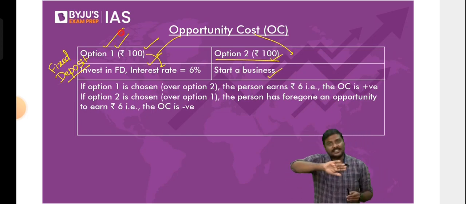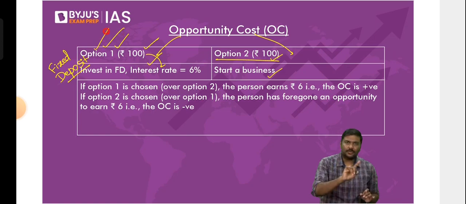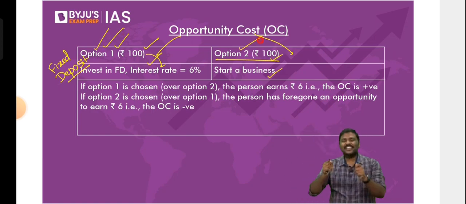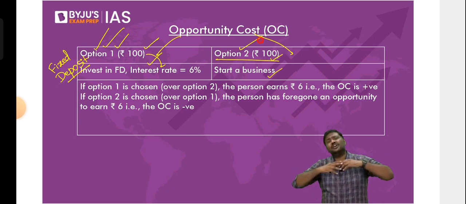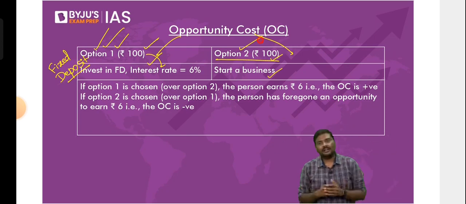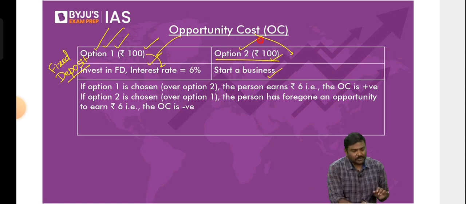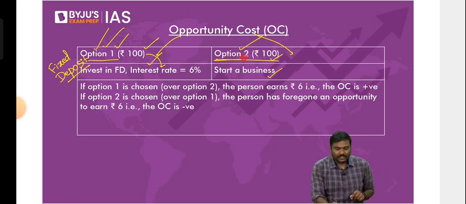So you might simply say, I will sacrifice. I will ignore the second option. I will go with the first option. And some of you might simply say, sir, no, I want to take risk in life. I'm that kind of a person. I want to take some risk, because if it clicks, if the business performs well, in the future I might end up earning crores of rupees. I might earn a huge amount of money in the later part of life. That is your choice. But some of you will go with option 1 and ignore option 2.